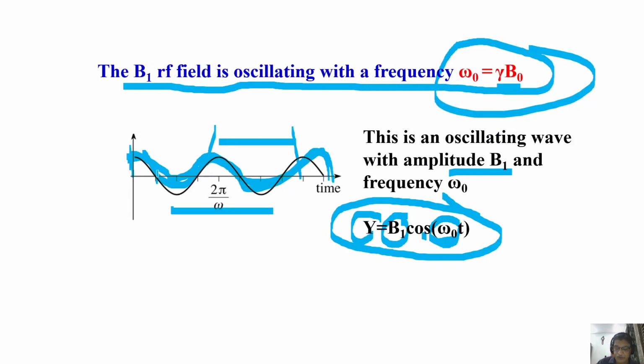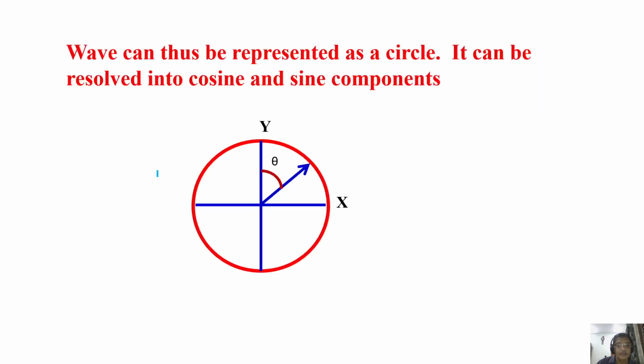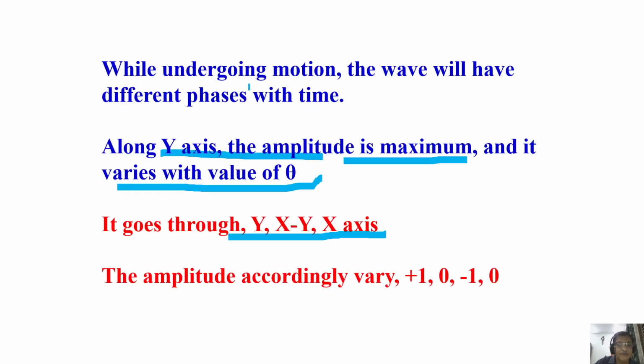Then you look at this one. I have to show you the circular one. The y component, as a function of theta, what happens? It will be y, comes to x, minus y, minus x, and go back to y. The same thing you can see represented in the form of a wave as a function of theta, and the amplitude is varying from 1, 0, minus 1, and 0. So the wave is oscillating and going through all the amplitude values 1, 0, minus 1, 0 in one cycle. In one cycle, it goes starting with plus y axis, to x, minus y, and x.